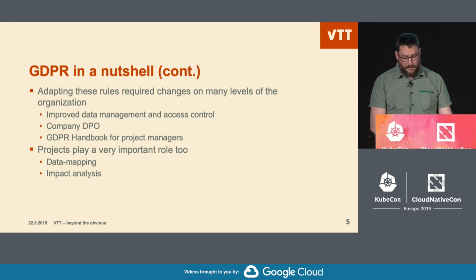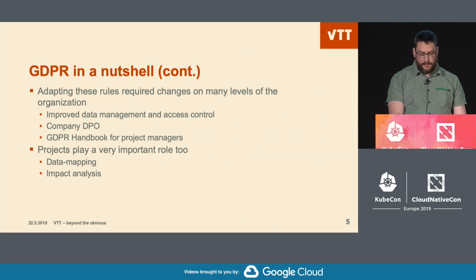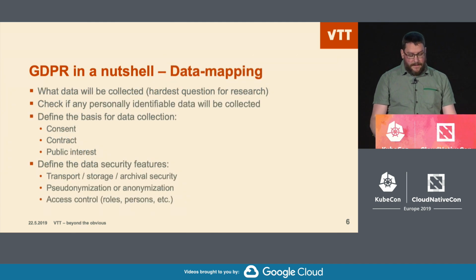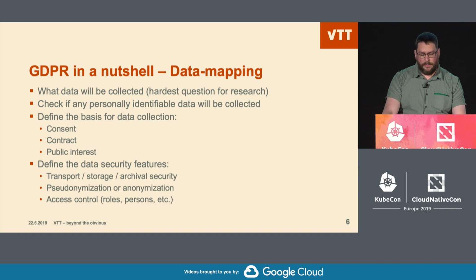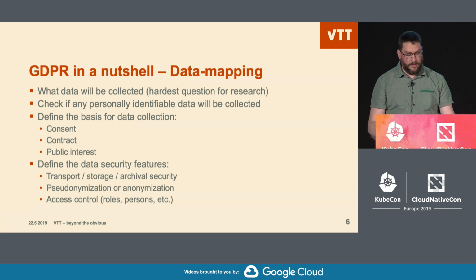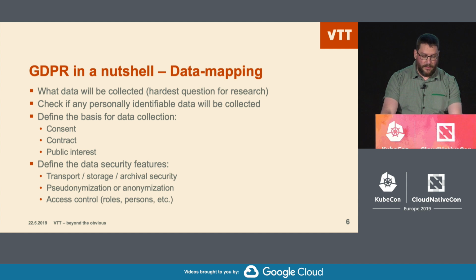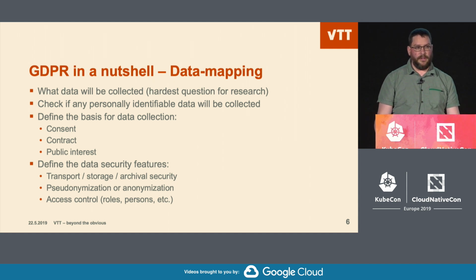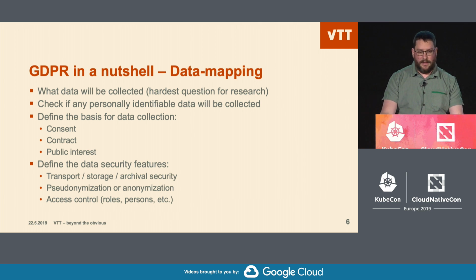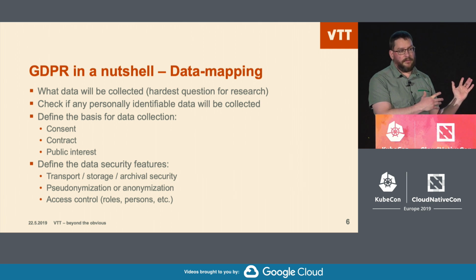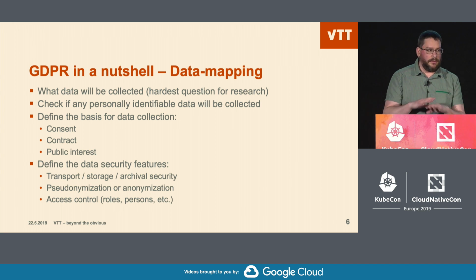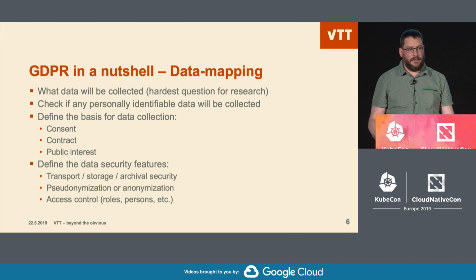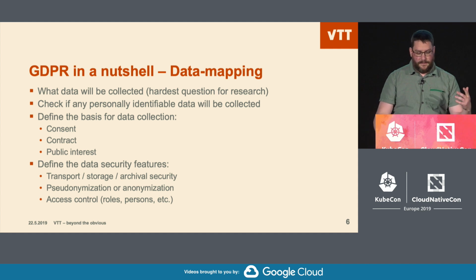One is data mapping, and the other is the impact analysis I already talked about. So data mapping is this tool that we are using to understand what kind of data we are going to collect and identify if there is anything personally identifiable in that data set. Because if there is no personally identifiable data, then the GDPR rules don't need to be applied to the data collection. But in case there is, we need to define what is the basis for us to be able to